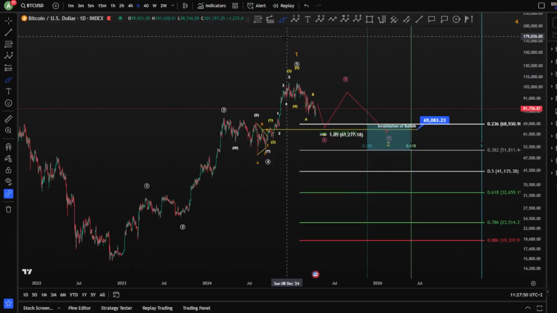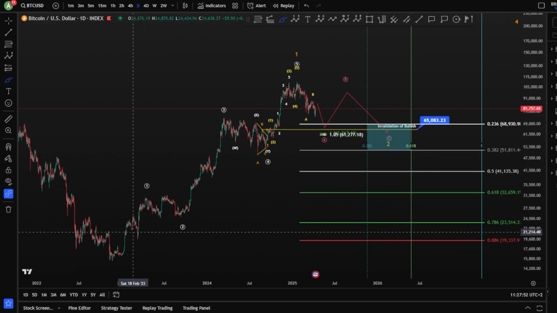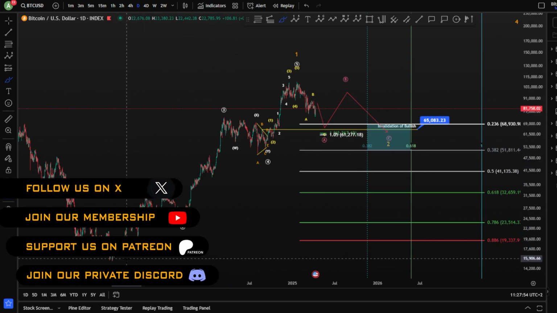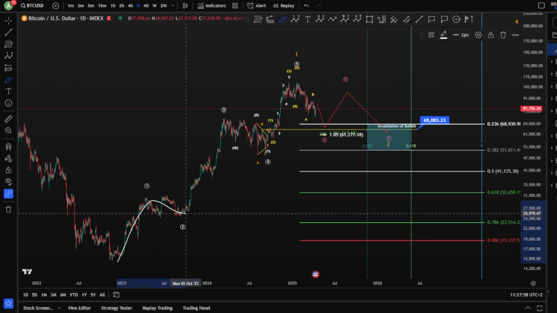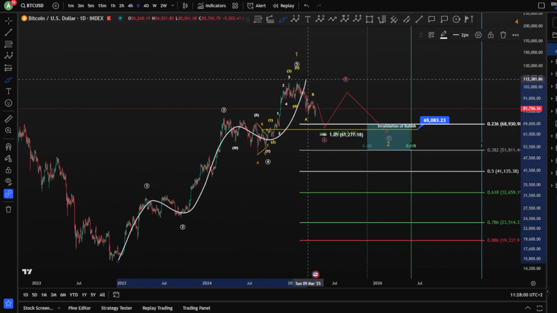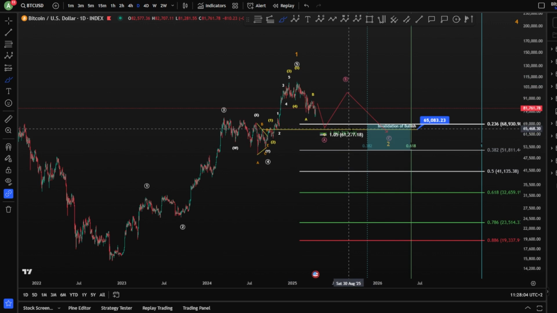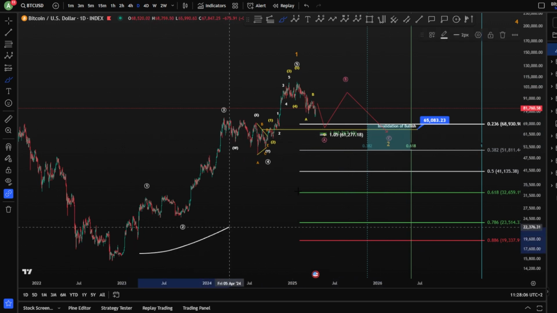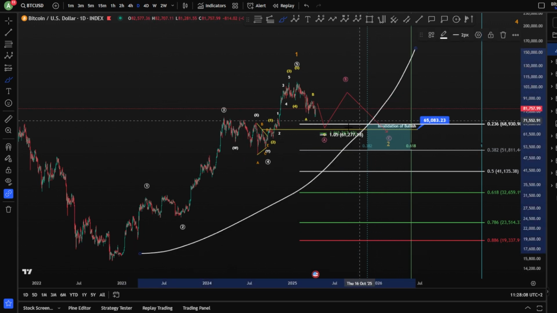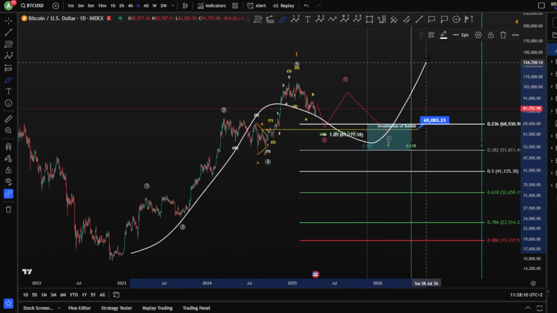Hello everyone, welcome to a new video for Bitcoin price prediction based on Elliott wave analysis, and starting of course with the daily chart, bullish and bearish scenario. You have finished a bull run here, 1 2 3 4 5, finished wave 1, and you're looking for a wave 2 in 3 corrective waves. This is a major wave 3 that you are looking at, and the formation of a 1 2 3 4